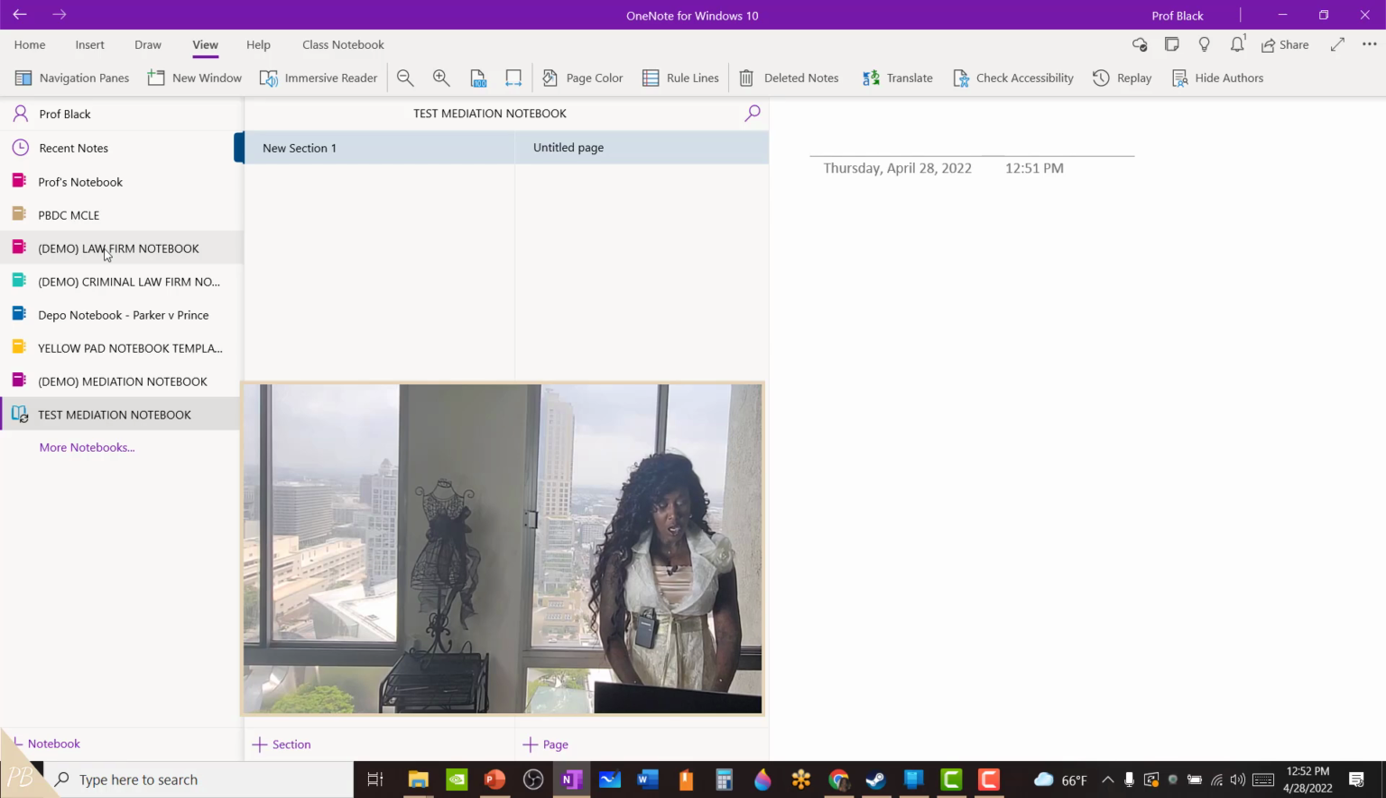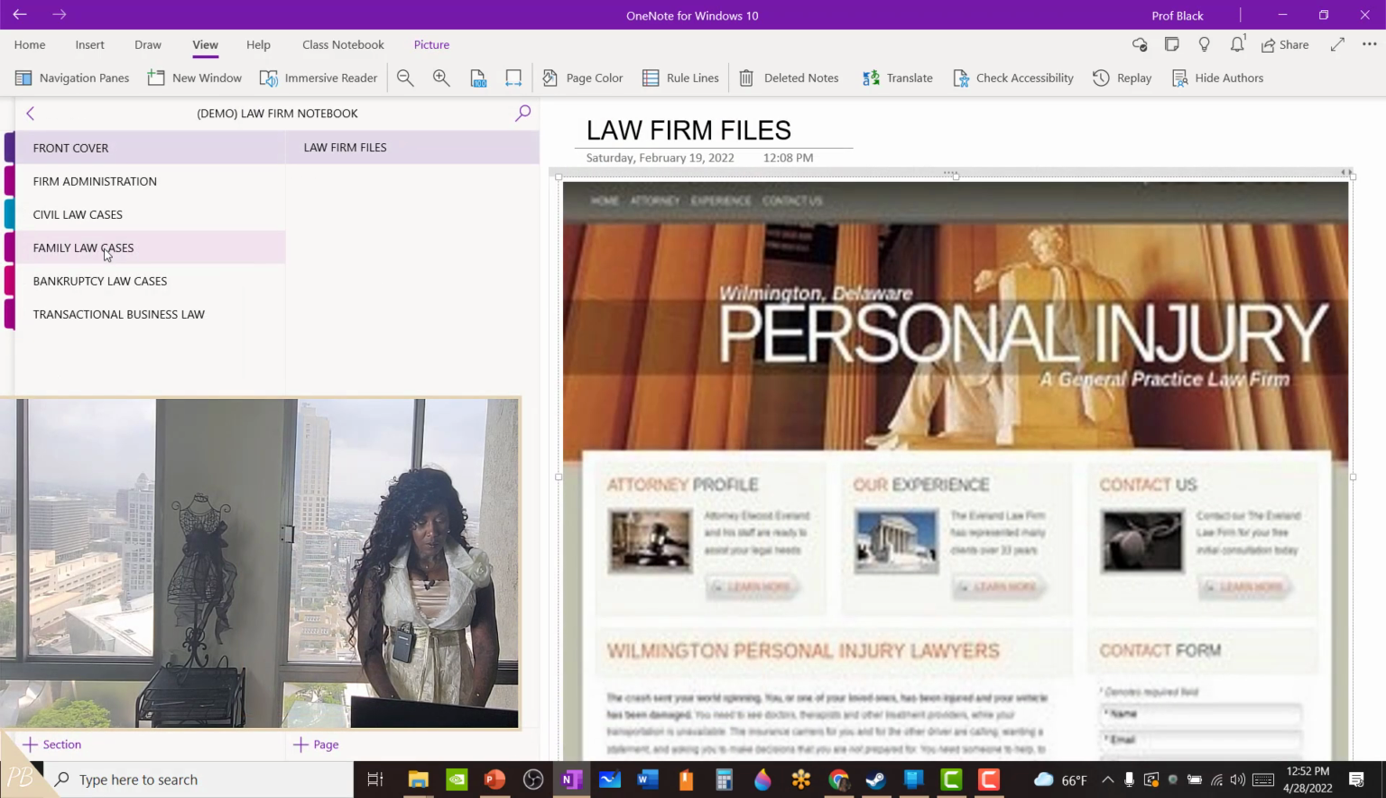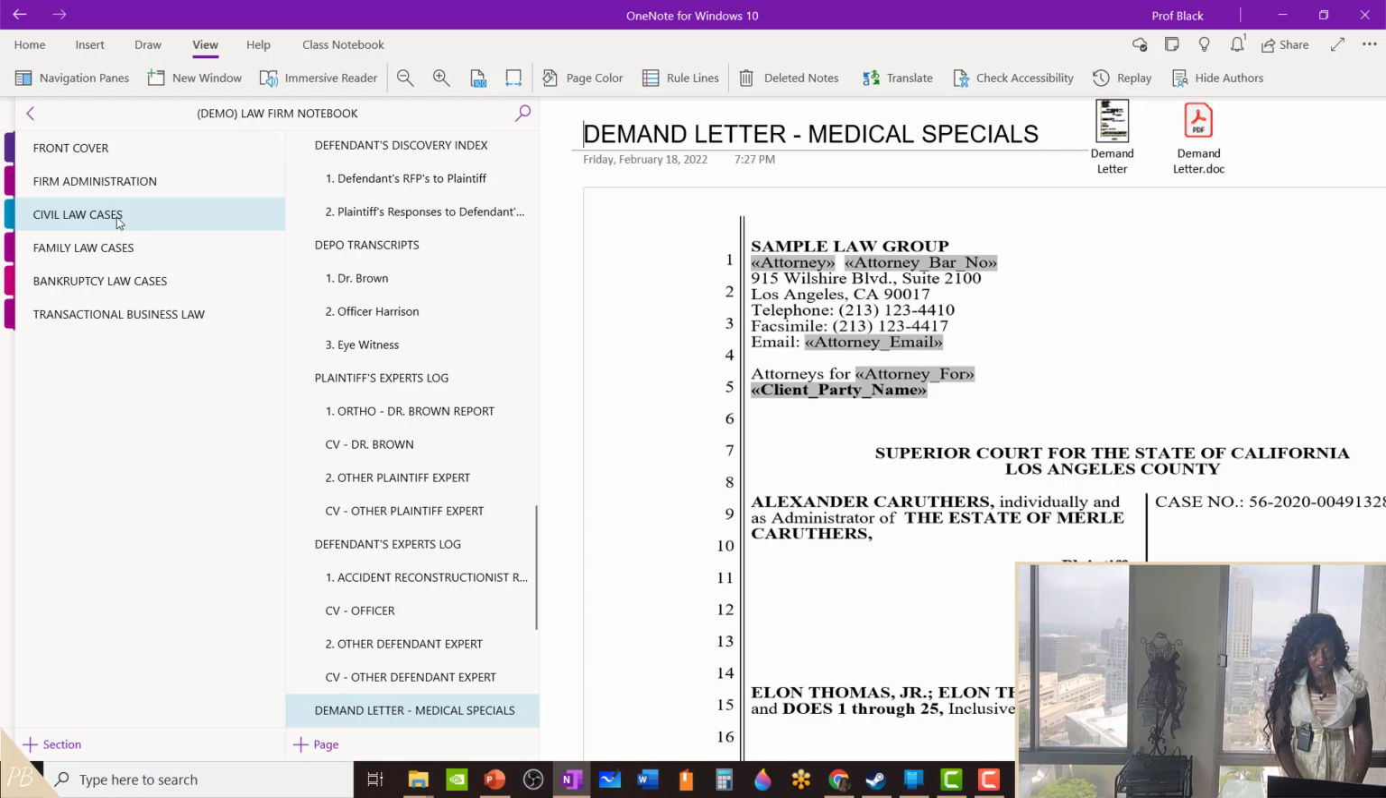Now, if you want to just create this notebook in your case file that's already in your OneNote Law Firm Notebook, you can go over to your civil case file section. That's how I have my law firm notebook set up. You may have yours set up a different way, but depending on how you have your notebook set up, then you can add either a new section or a new page section. And so let me show you what I mean when I say that. So I'm going to my civil cases here,